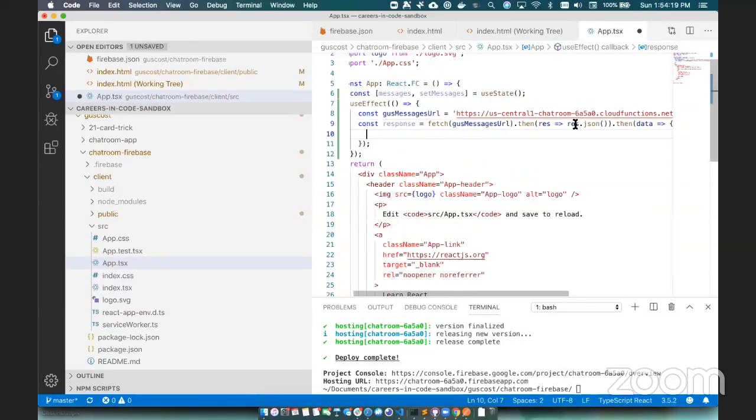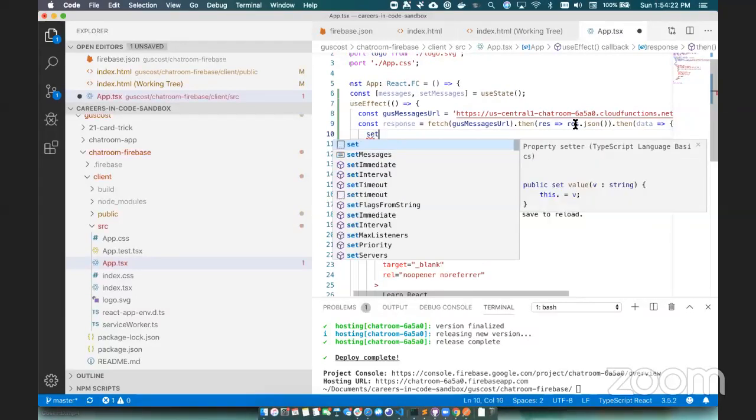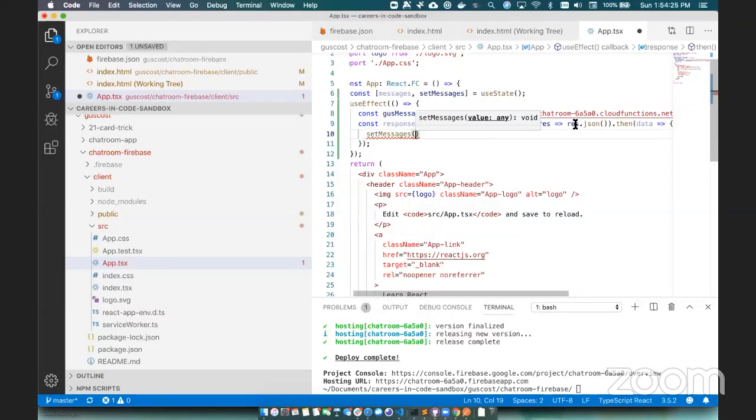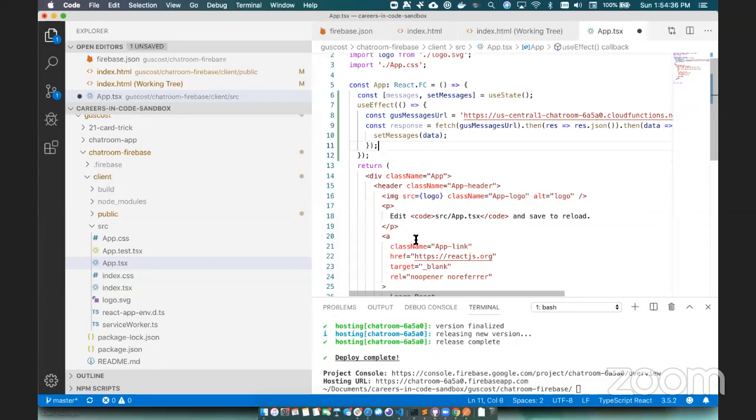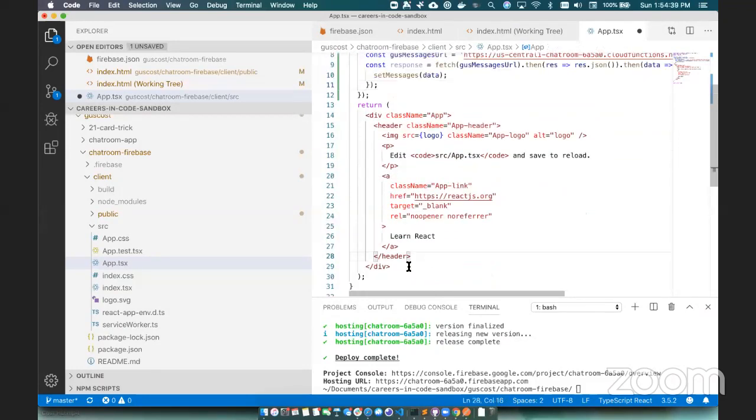So here we can do set messages data. We'll just do that. So we set our messages here once we get our response. And then here, we'll say,